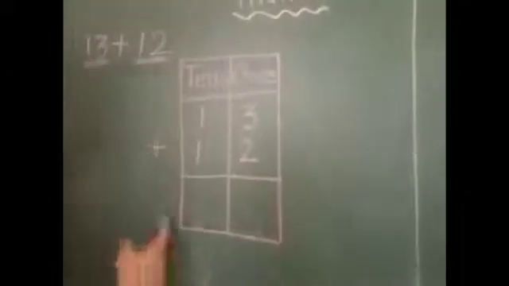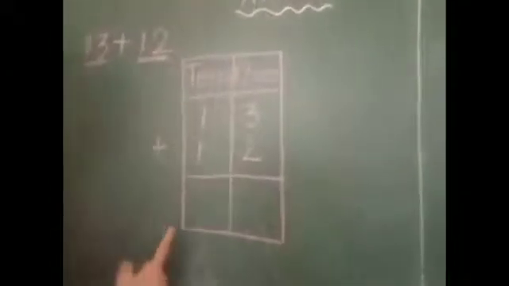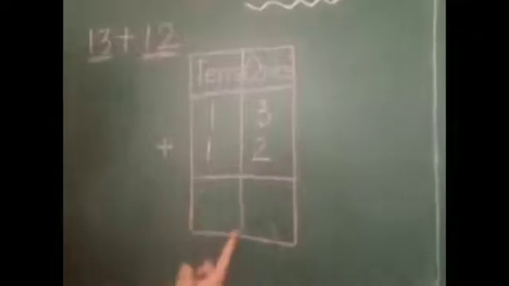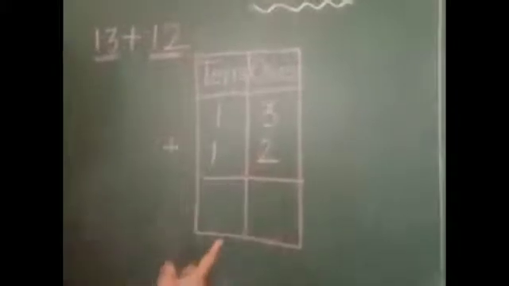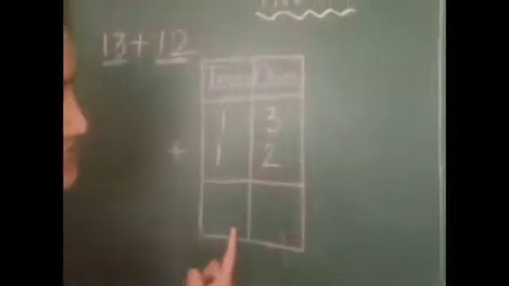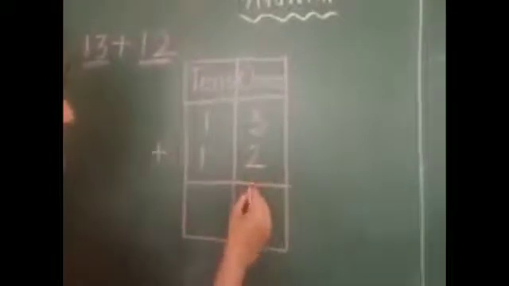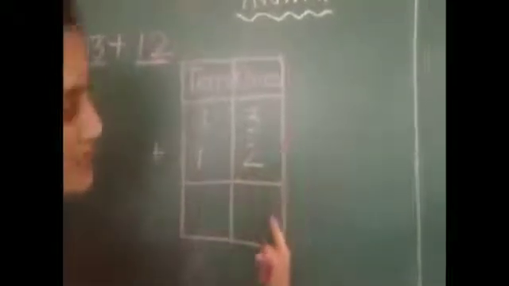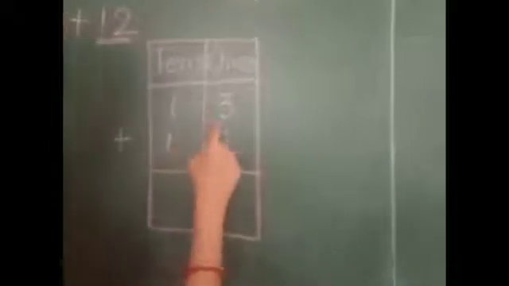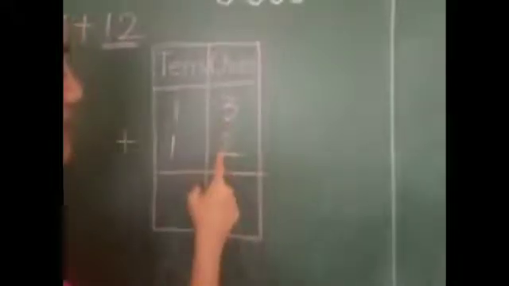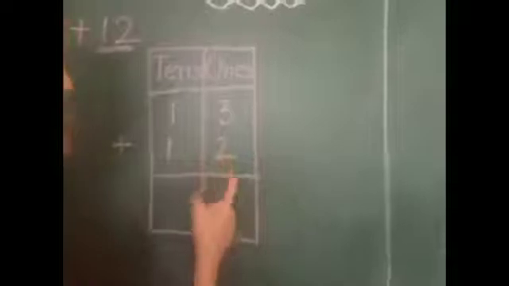The secret rule of addition needs you to place the numbers in their respective tens and ones rooms. So let's do that first. I want the digits to be placed in their separate rooms. Now let's come to the answer. Let's do the addition first. Always start addition from the unit side. Here which number is this? 3 and here 2. By using your fingers, dots, circles, you can do the addition.